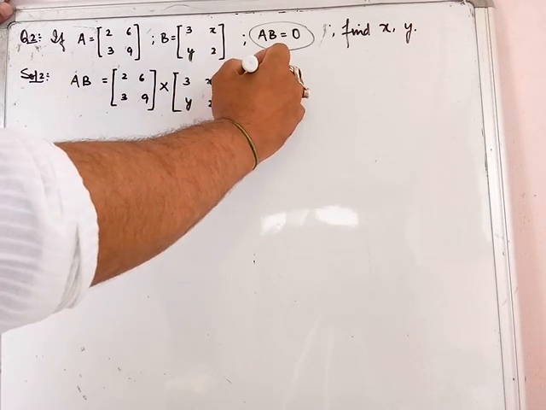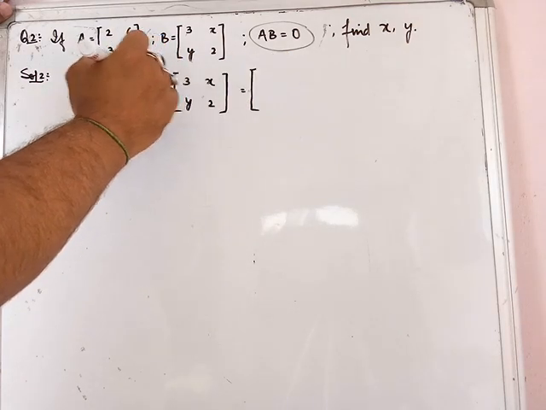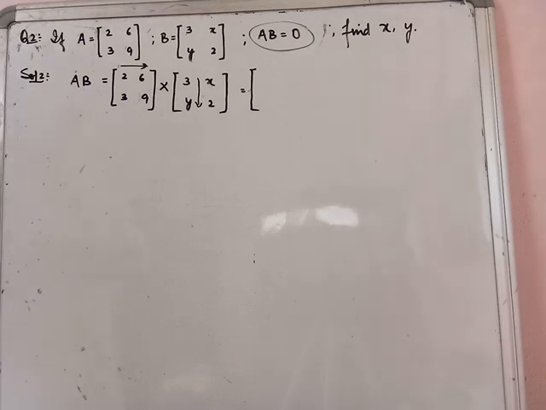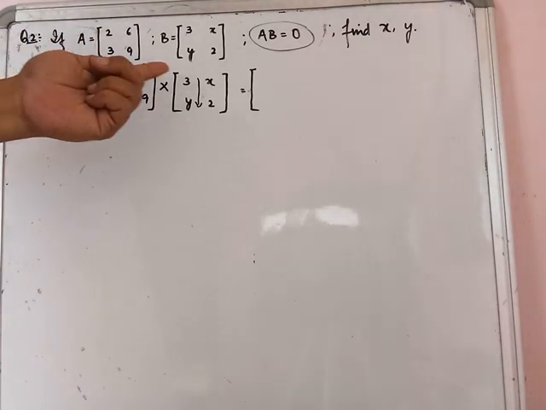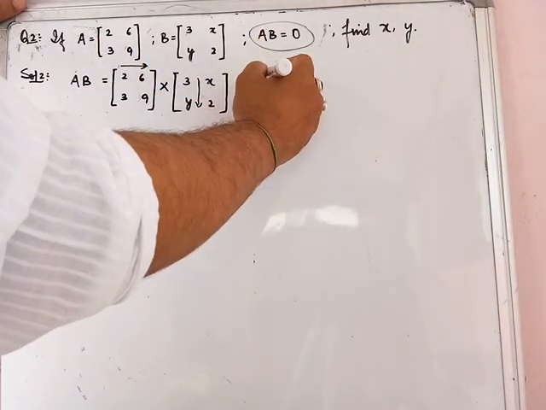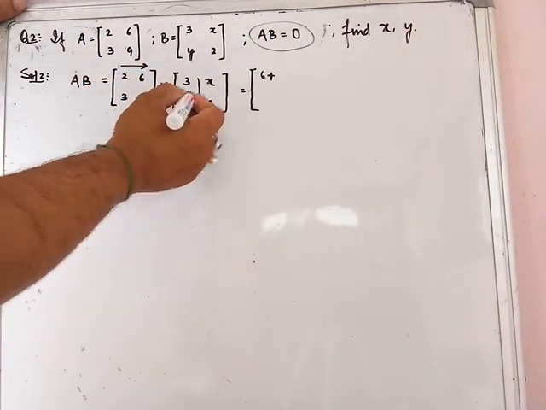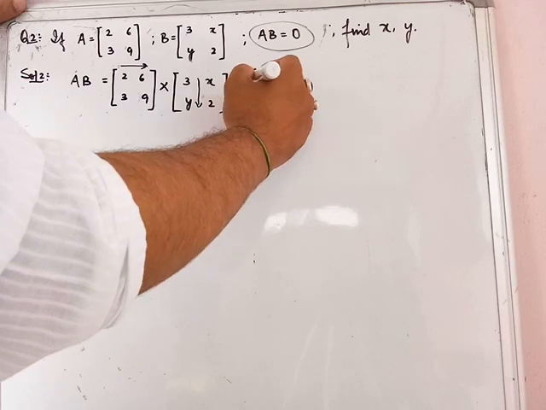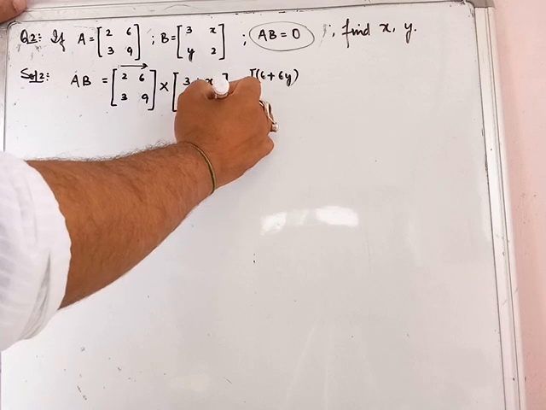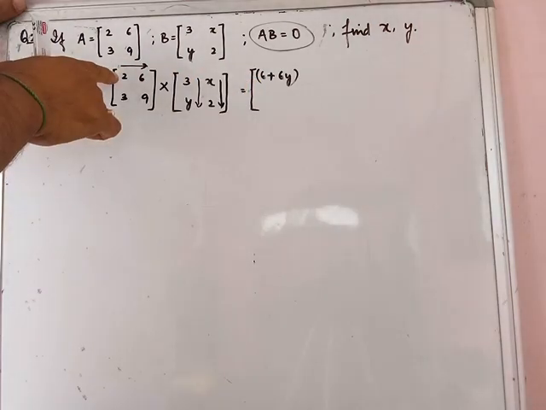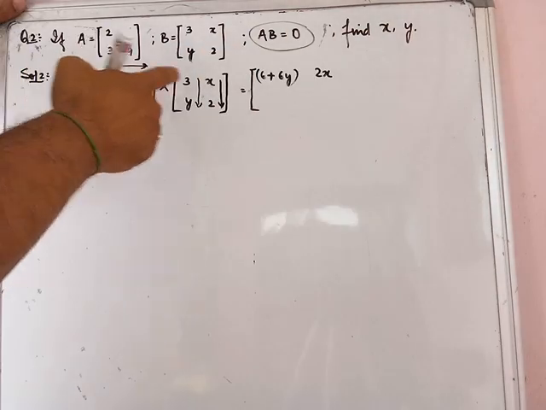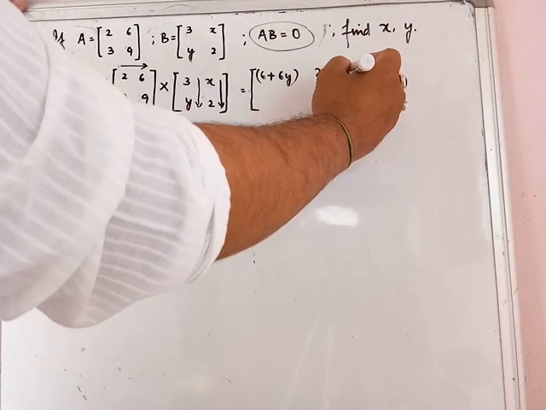Okay, so let us multiply them once again. Now by now you should be well versed with the matrix multiplication, so if you want you may not draw these arrows. Okay, so once again 2 3s are 6 plus 6 into y will give you a 6y. Okay, so that's the first entry. Similarly, coming to the next, you will go down this column. So 2 into x will give you 2x and 6 into 2 will give you a 12.